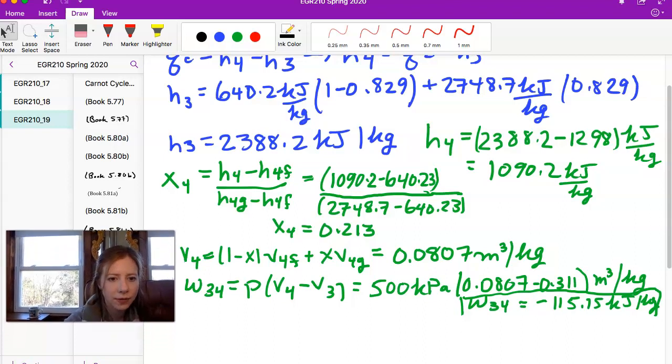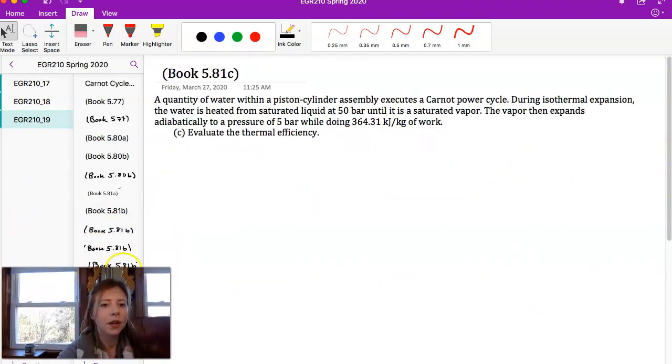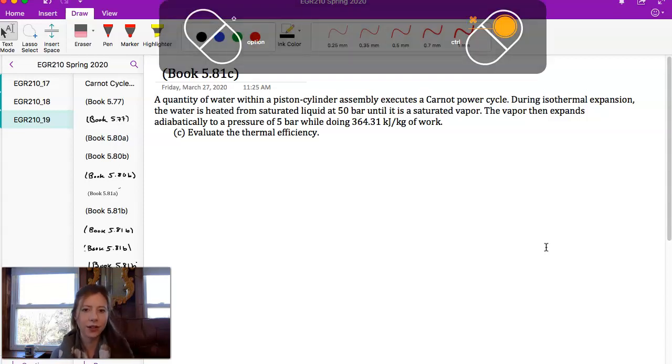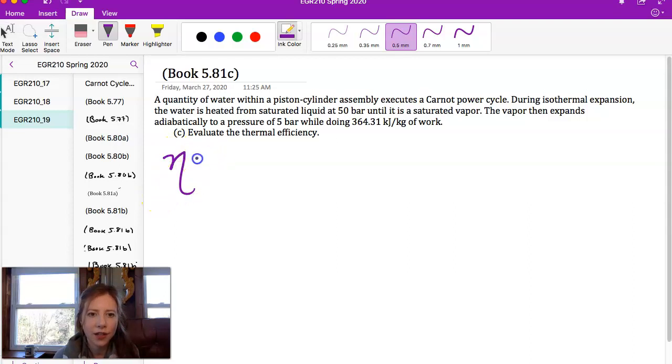All right, lastly, let's go down to, can I get there? No? Let's move my face for a sec. There we go, C. Okay, so now a quantity of water within a piston cylinder assembly, I don't need to read that again, but part C is to evaluate the thermal efficiency. So this isn't so bad. We've already done most of the work at this point. So the thermal efficiency is our eta. And remember, the thermal efficiency is equal to W cycle over QH,